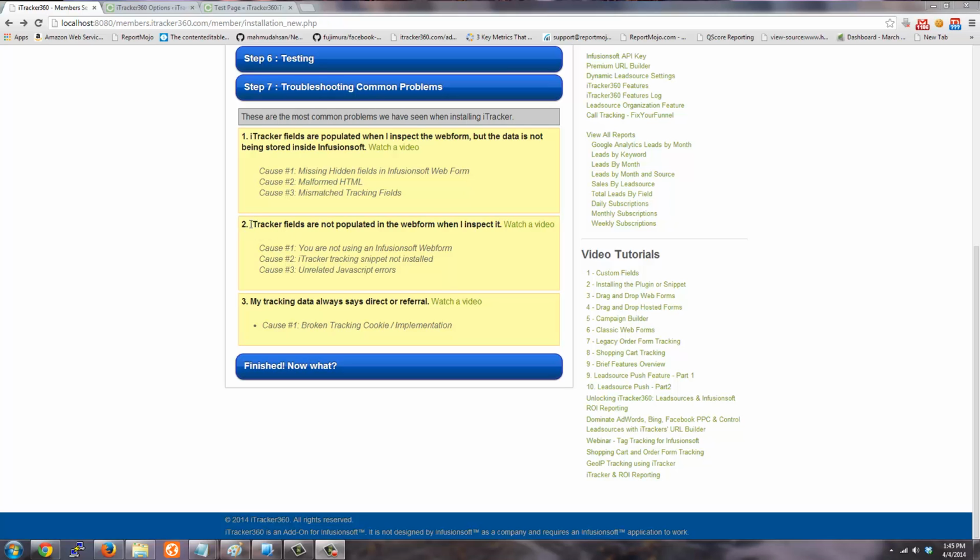In this video, I'm going to cover the second part of troubleshooting, and that's when you inspect the web form, but the eye tracker fields are not being populated. So usually it's because the eye tracker tracking snippet has not been installed on your website, and then other times